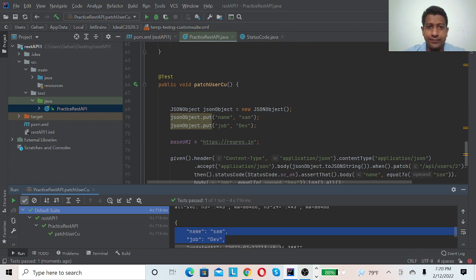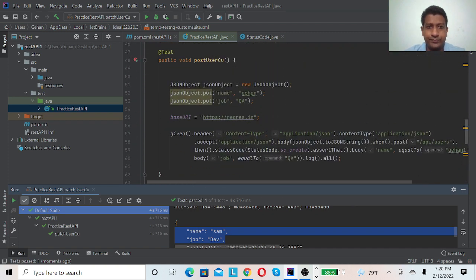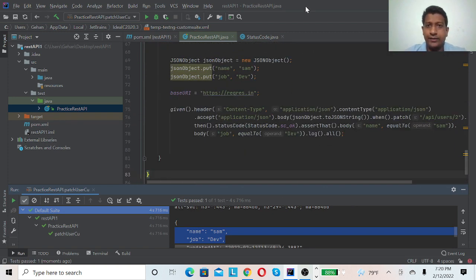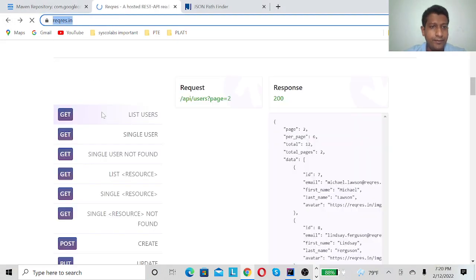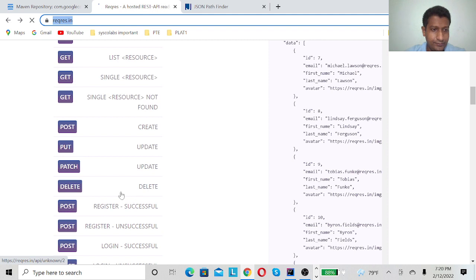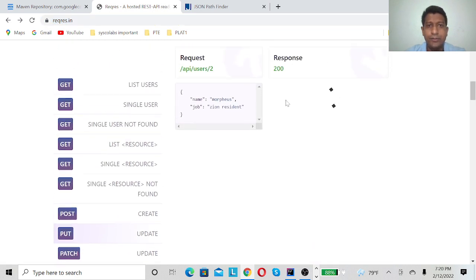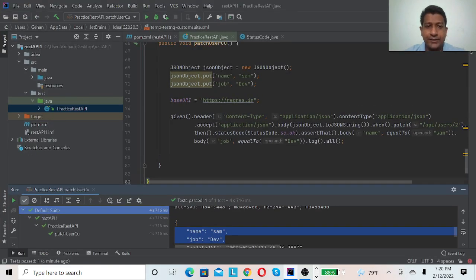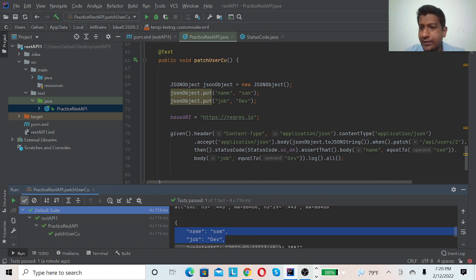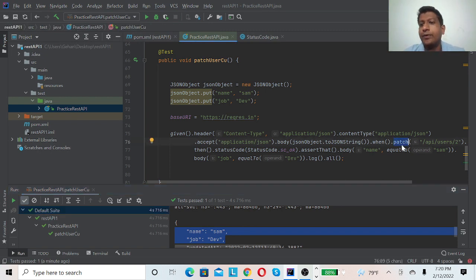Likewise, put is also similar. The only difference is, same as patch, instead of patch you need to use the put keyword.